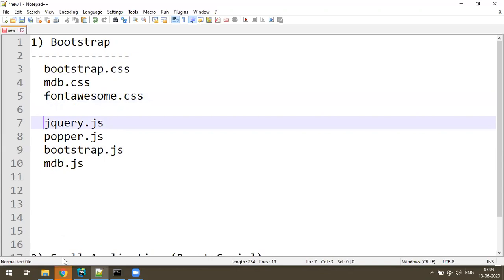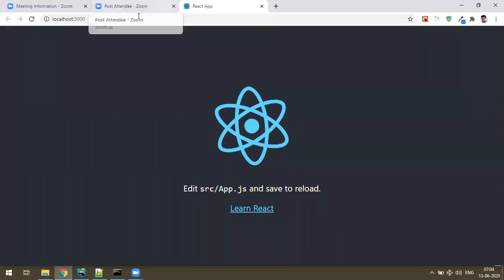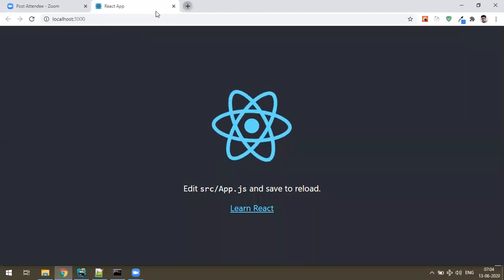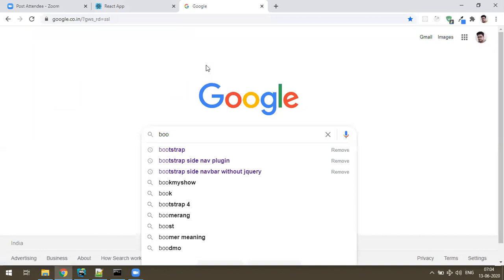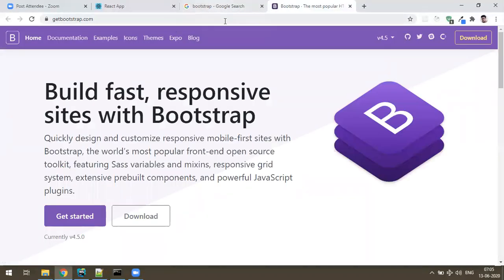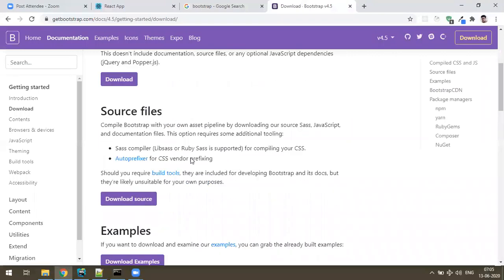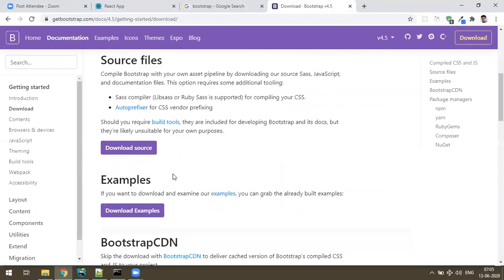So where to get the files? It has started now. Fine. So where to get the files is, let me go to Bootstrap. Yes, this is the official website of Bootstrap. Here, the current version is 4.5. You can download it. Just click on the download button, and here you get the source files and map files, everything.